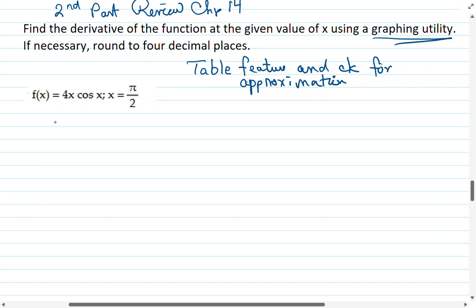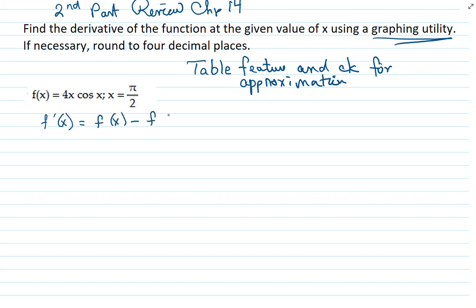So we're going to use the formula for derivative: f of x minus f of pi halves, all divided by x minus pi halves. All right, so we're going to do the math, and we're going to have 4x cosine x minus 0 divided by